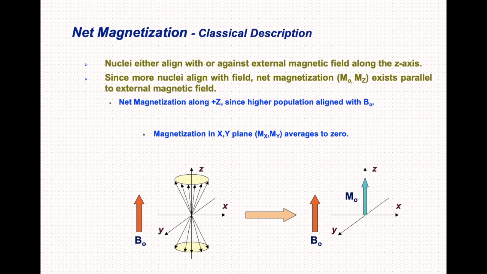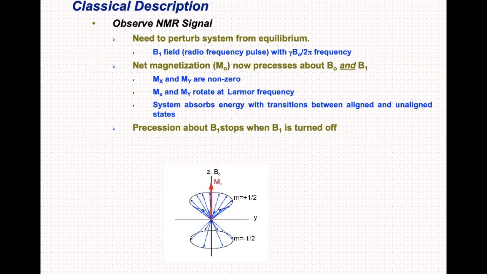Under these circumstances, suppose you externally supply electromagnetic radiation, to be precise radio frequency. Then the system will absorb the radio frequency which exactly matches the precession frequency, and we can see a resonance condition, and the appropriate NMR signal can be observed in the spectrum. So this is what the classical description says. We can extrapolate the classical description of the net magnetization vector a little bit to understand how the NMR signal is detected by an NMR spectrometer.